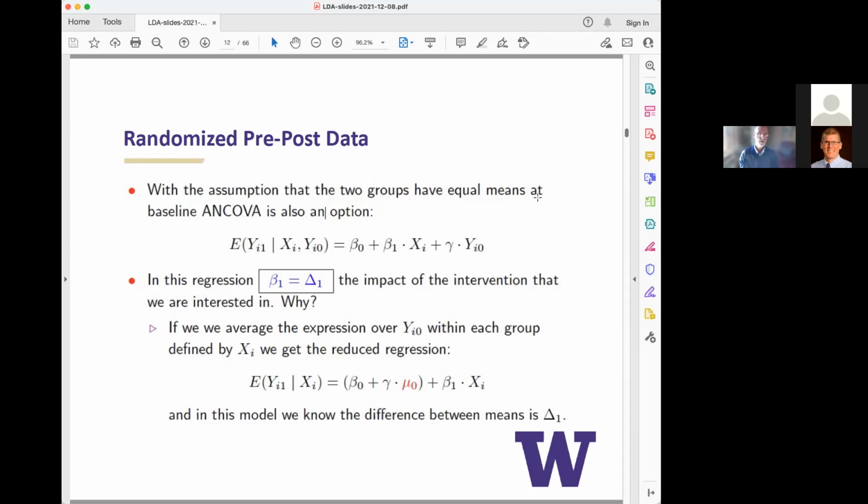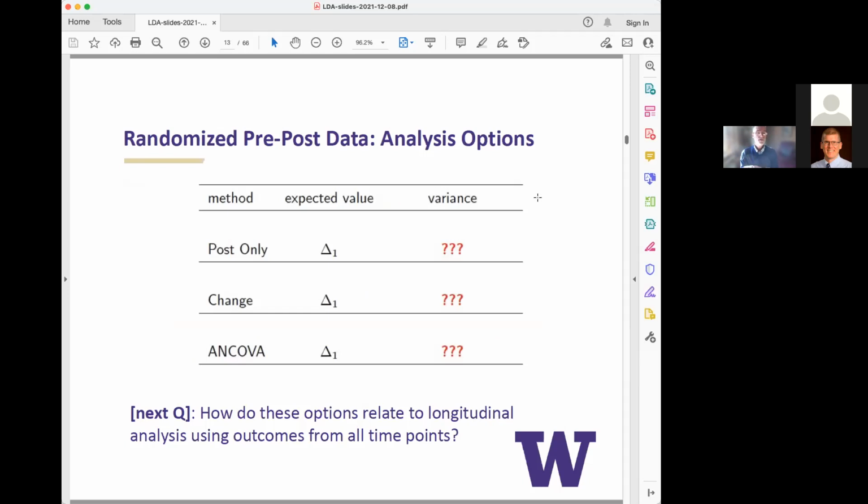Okay, so wow, there are 3 fundamental strategies that could be used for this very, very basic pre-post longitudinal data. We'll introduce another that considers really genuine longitudinal analysis, treating them both as outcomes. So the first question is, what drives choosing among these 3 strategies? And what we just showed was, in fact, each of those is a valid strategy. It gives us a statistic that has the right expected value. So then how do we choose?